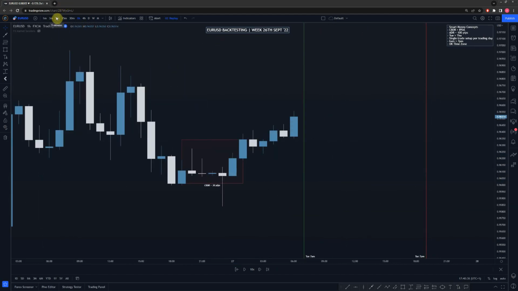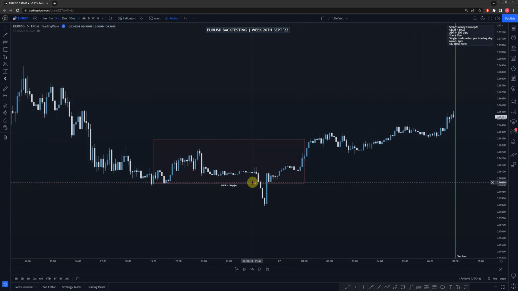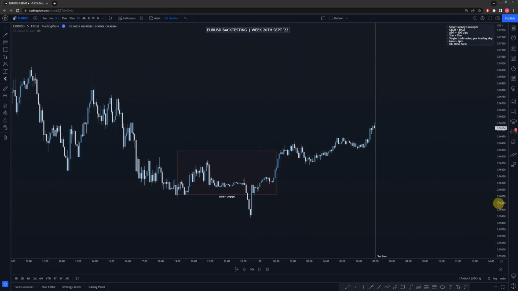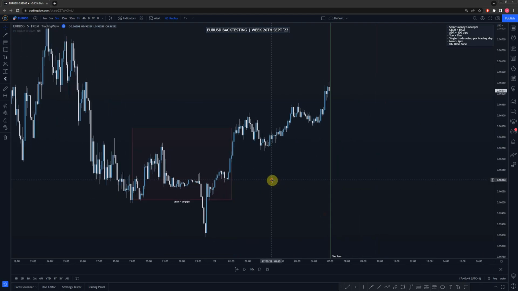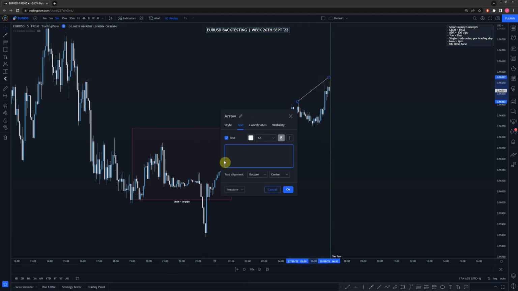And then from there on, I'm going to go into my 5-minute chart, and then I'm going to mark out how my interbank pricing delivery algorithm opened up. And that opens up at 5 AM every morning. So if we go to our 5 AM candle and we mark out how it's opened up for the first few hours up until about 7 AM-ish. So we've opened up bullish. So let's get that marked out. So the IPDA open is bullish for the day,